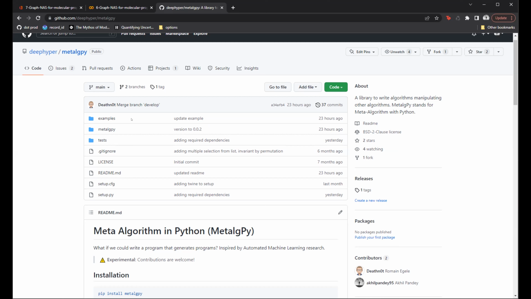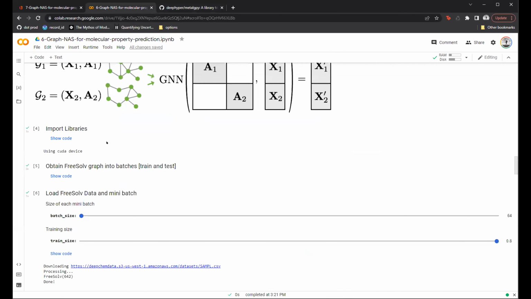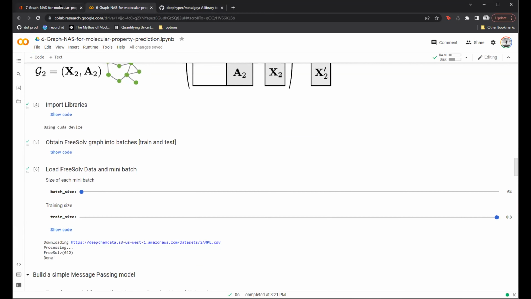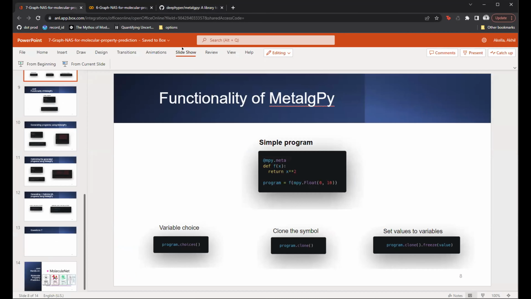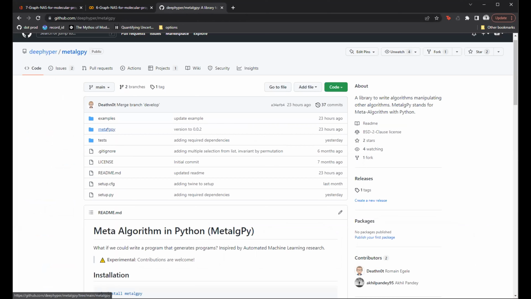Akhil, related to the question of Ian, can you maybe show again the example of scikit-learn, to show what is the base code and what it will be in a symbolic version? Oh, yes. Yeah, sure. It's in the example folder.